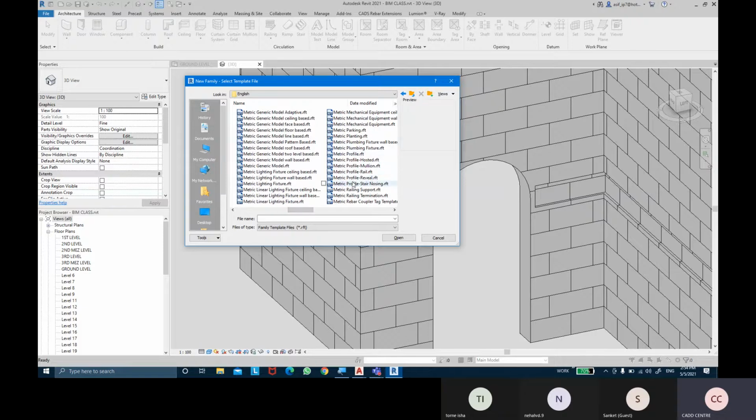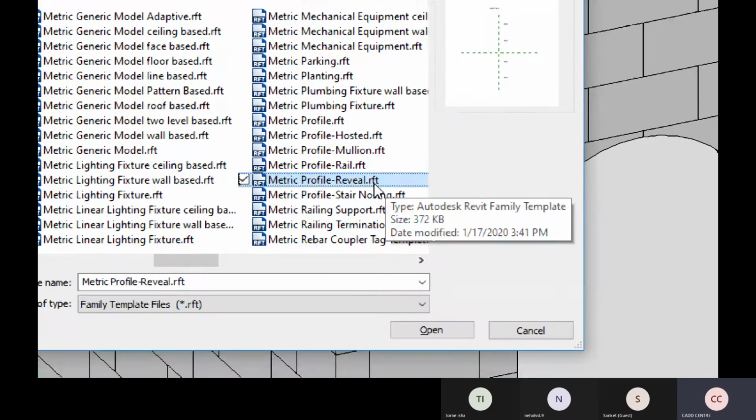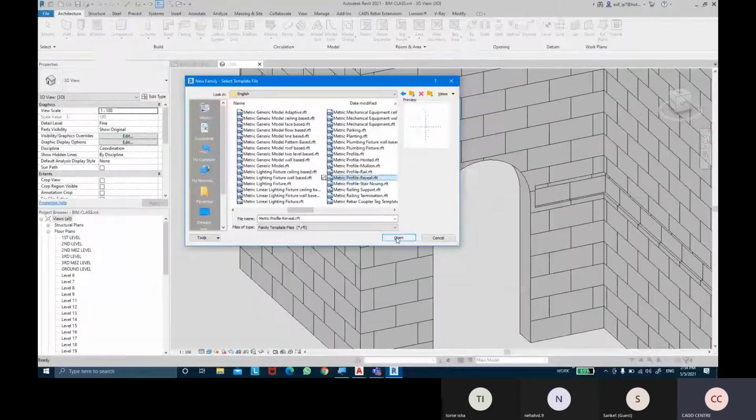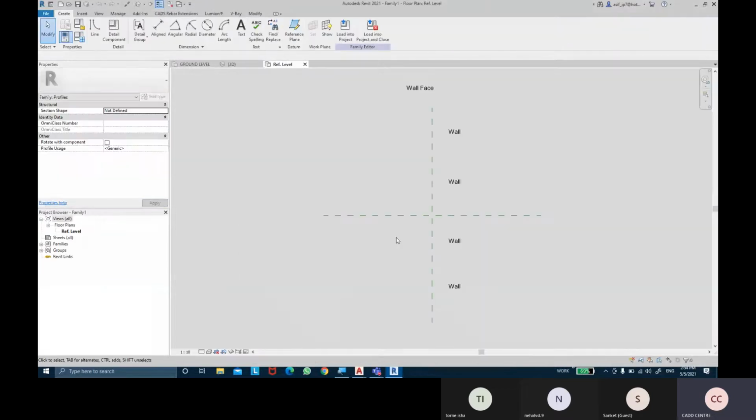Here we have metric profile reveal. This is the profile template that we're going to pick up, because we want to create our own form of profiles. I'm going to take that and open it up. And that template file is open.